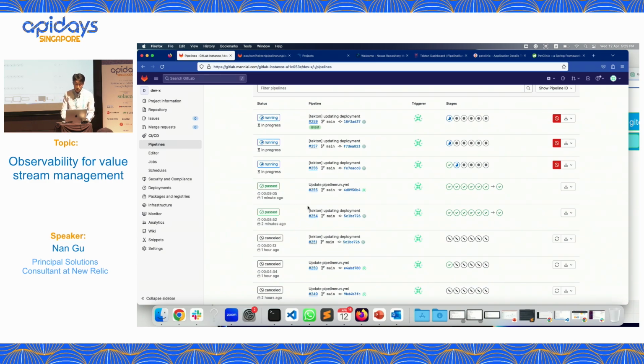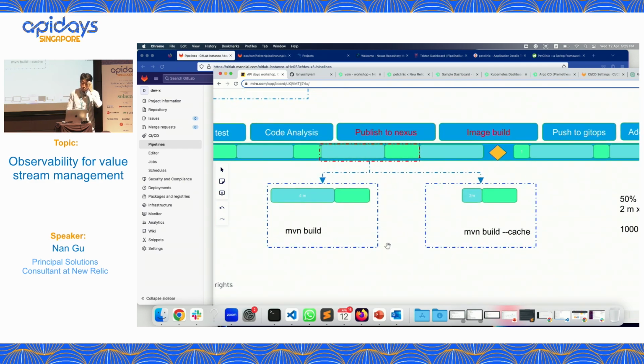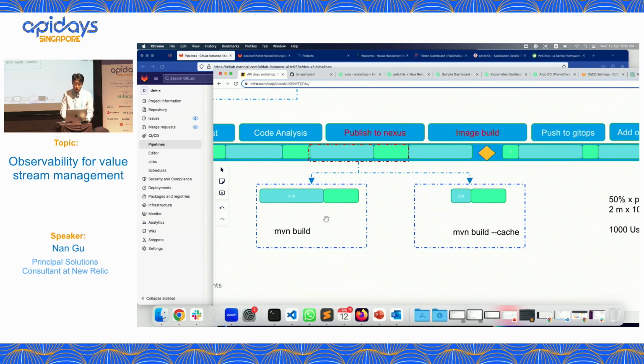And why are we taking 9 minutes? Come back here, because we never use the cache mode, right? So assuming that the most valuable process time is in green, we did have some time wasted getting all the libraries from the internet, Maven Central, which is spending about 4 minutes, right? So later on, I will modify my pipelines, and I will show you the modification where you add the cache here, you can save almost 2 minutes.